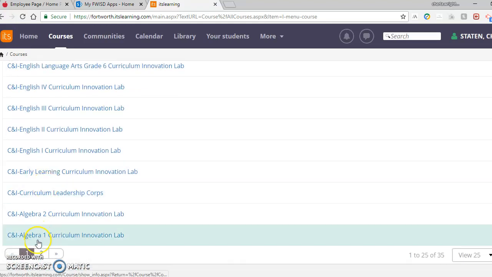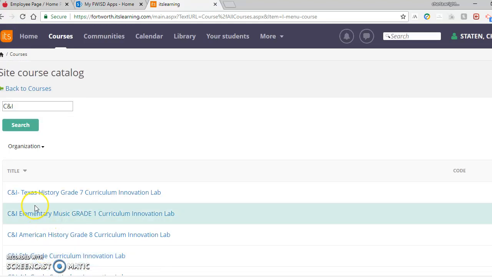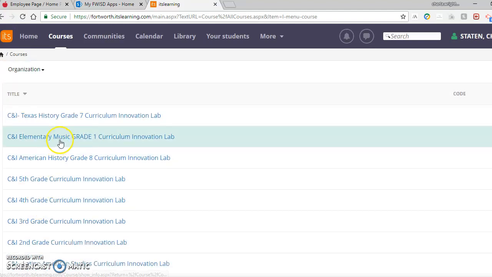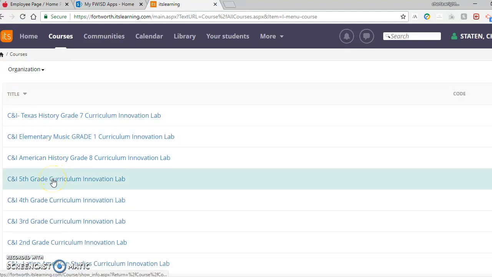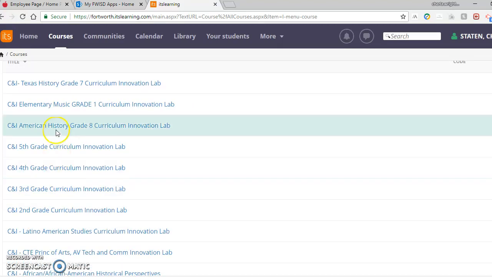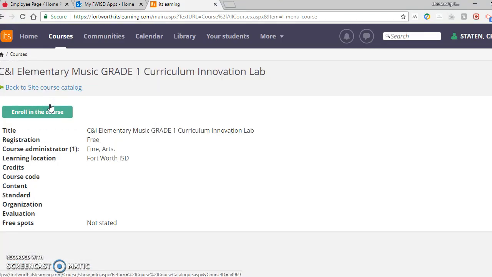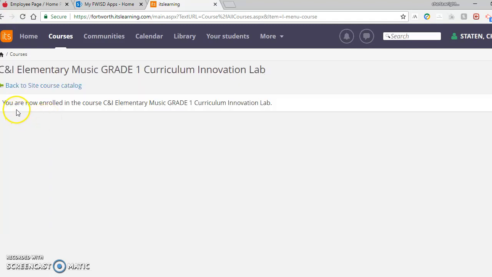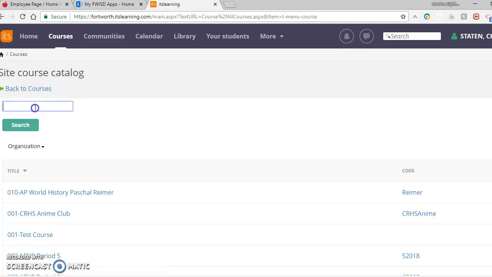I've already selected a lot of the courses already. So let us actually look in there. Let's do elementary music grade 1. So you're going to enroll in this course where you see this green button, enroll in the course, and you will see it says you are now enrolled in the course CNI Elementary Music Grade 1. So this would technically be for Mrs. Richmond. But if you want to find especially early childhood CNI,